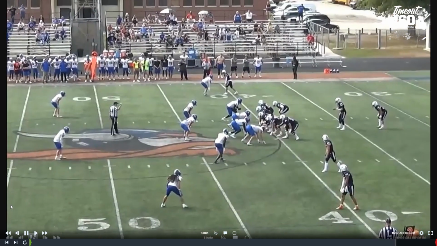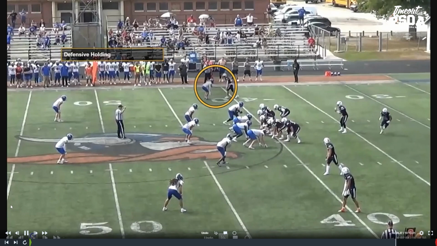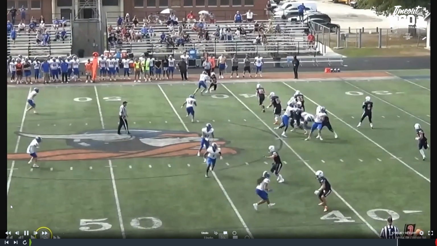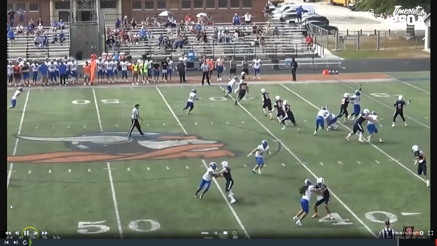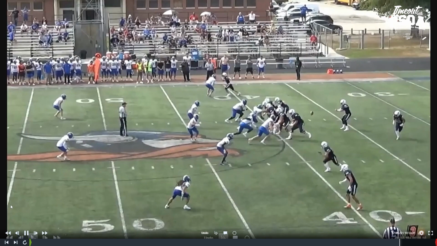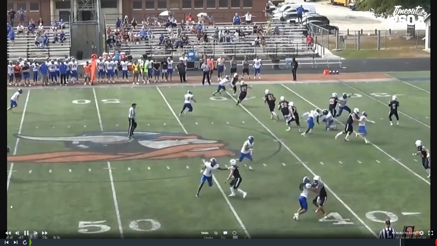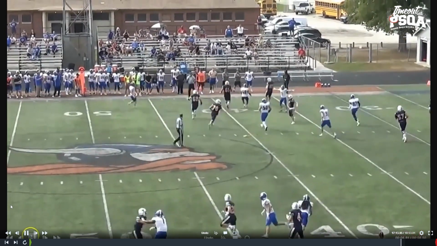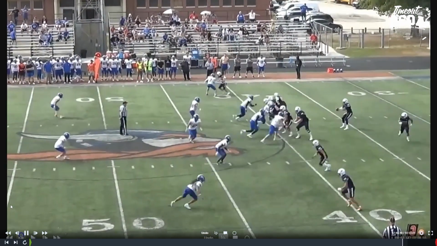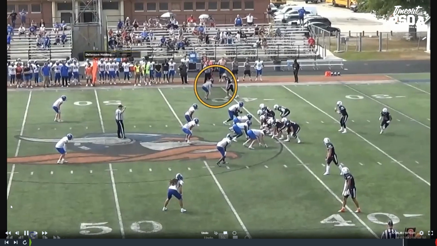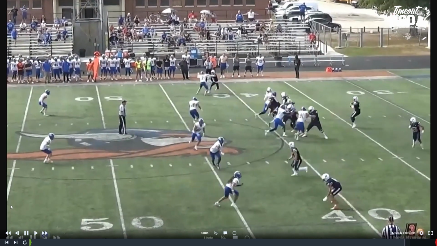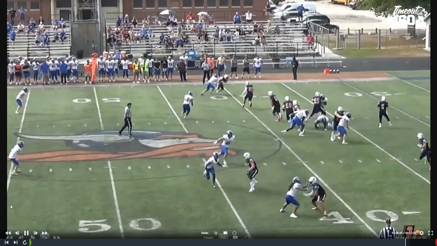Let's watch this defender reach out and grab him. He tries to come back. He grabs him right there. You can see the restriction preventing him from getting back and catching this pass. We'll run through it at normal speed now. See, definitely restriction there. So we've got defensive holding on this play. All right, we should have the short wing and the deep wing both should be able to have this foul. That's what we need to be looking at. Both the short and deep wing should be looking at that on this play.